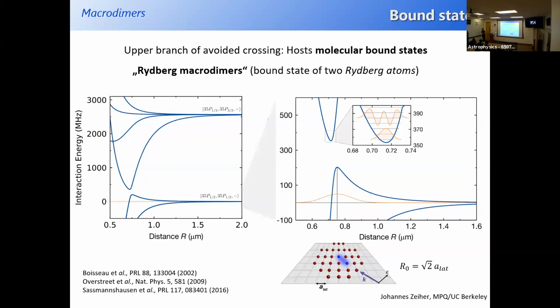If you take the macrodimer here, you can actually make an interaction that is exactly effective at √2 times your lattice spacing, to within whatever the extent of this wave packet is. So that's also very interesting.